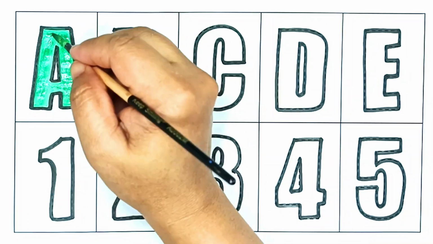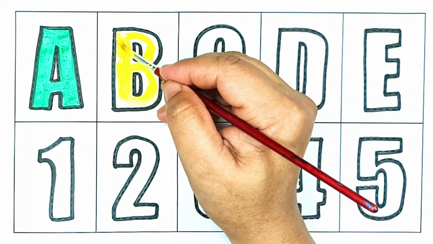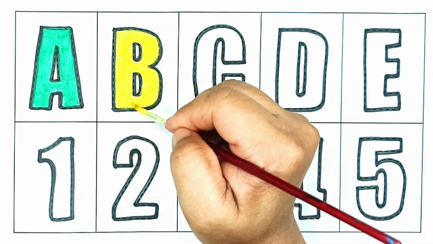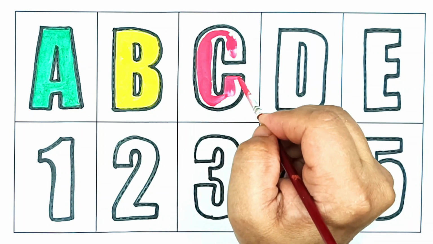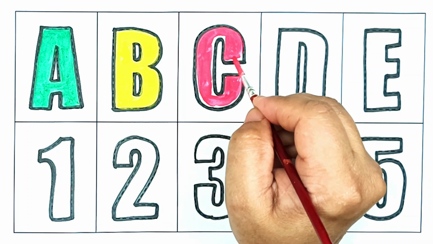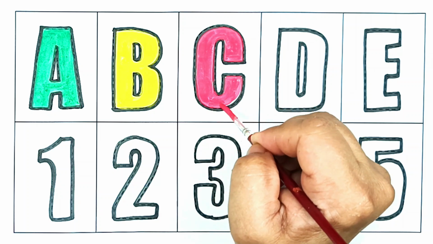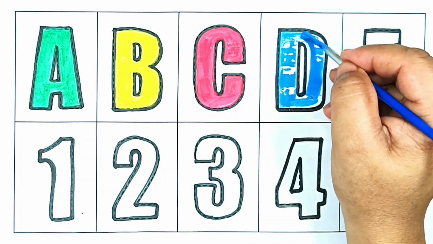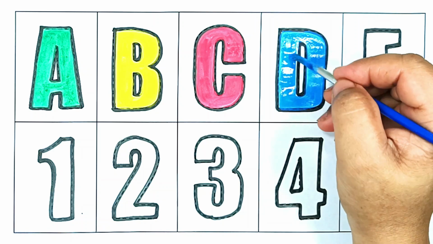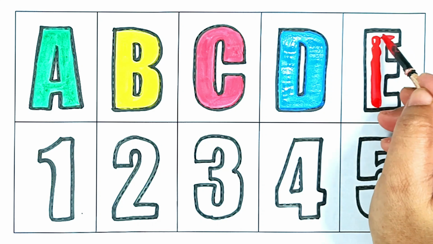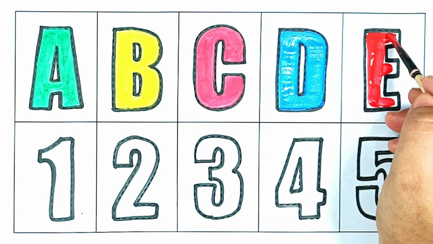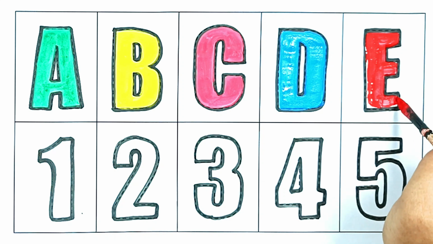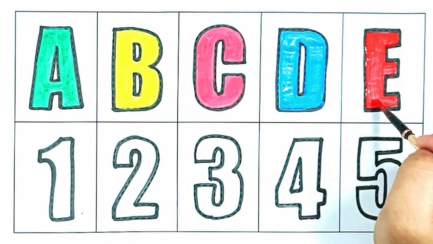A for apple, A for apple, B for ball, B for ball, C for cat, C for cat, D for doll, D for doll, E, E,